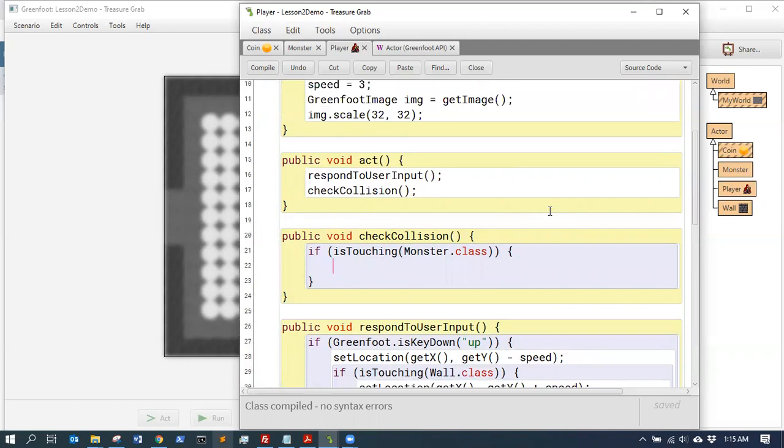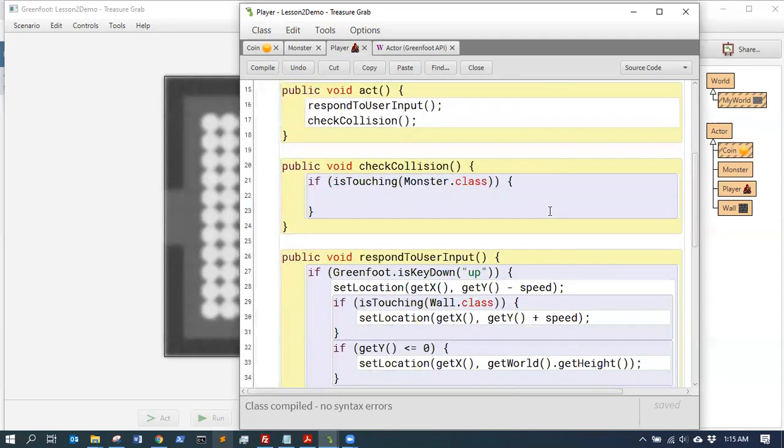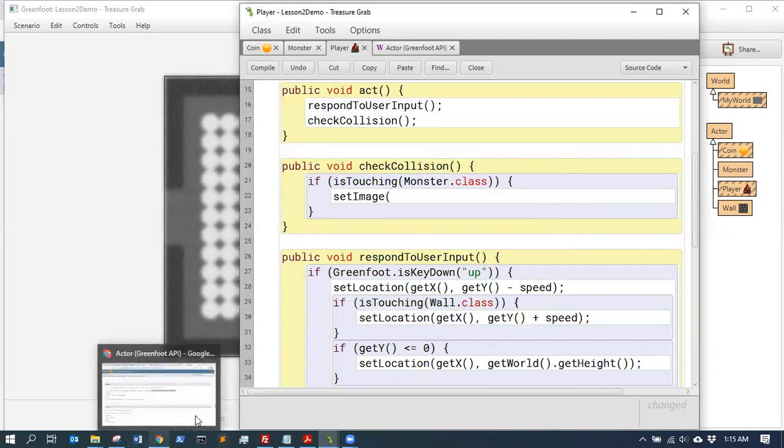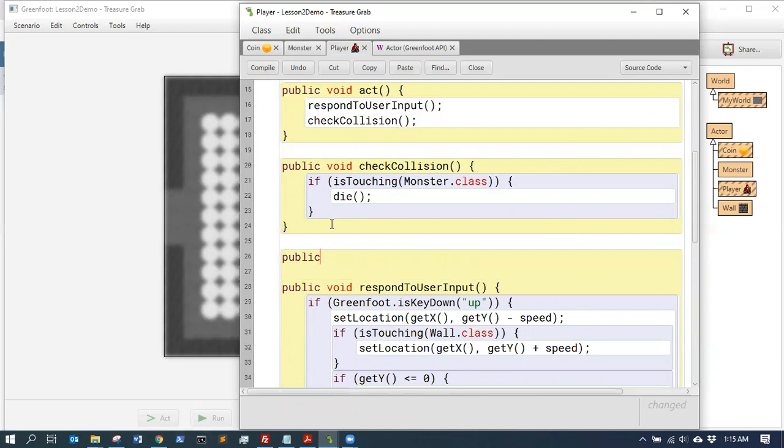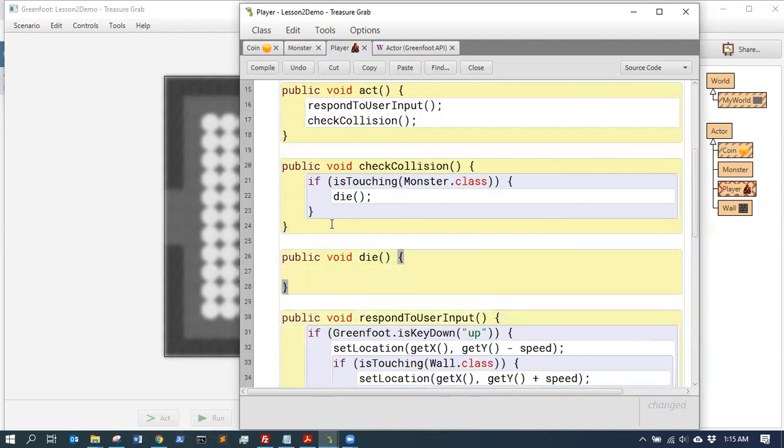Then we're going to set image to, actually, what if we just did die? Okay, so we're going to say public void die, and what die does is it makes the player dead,